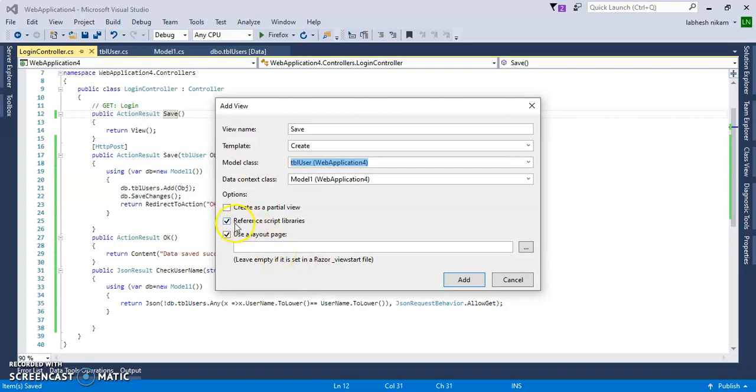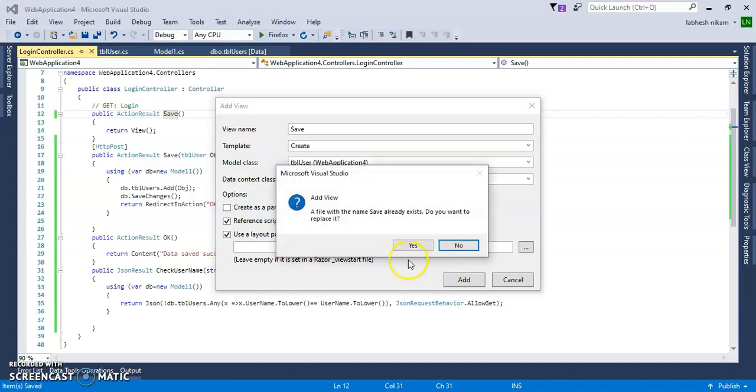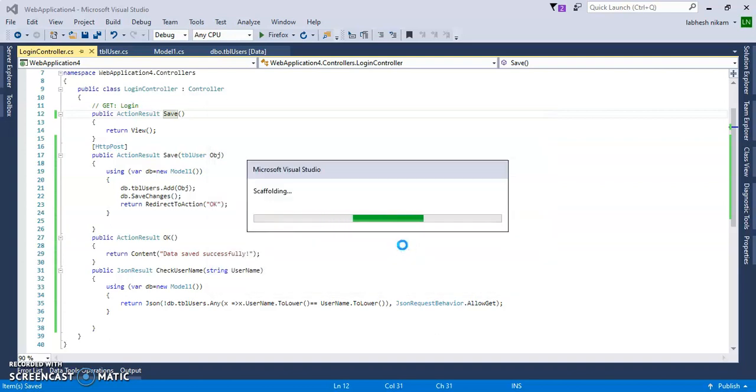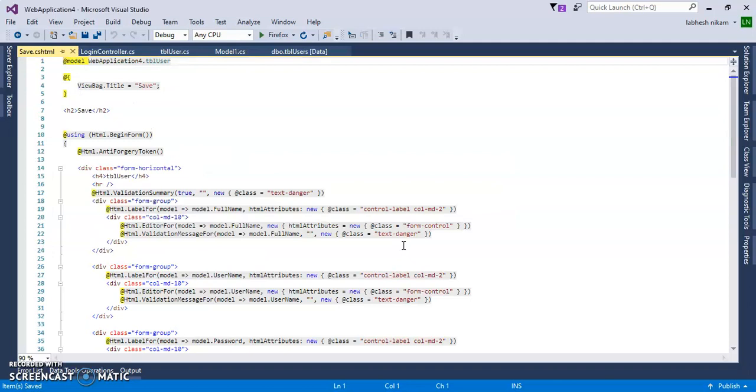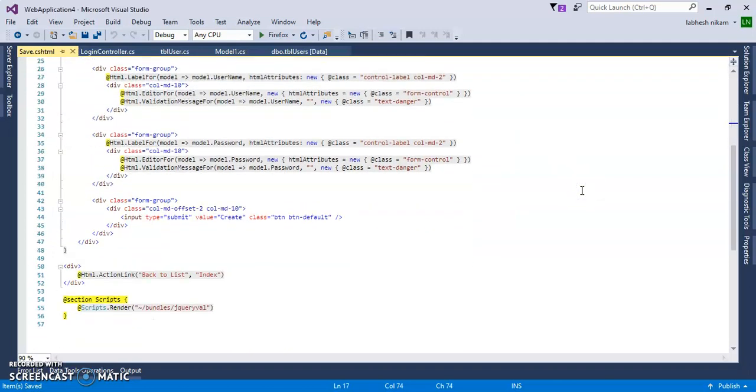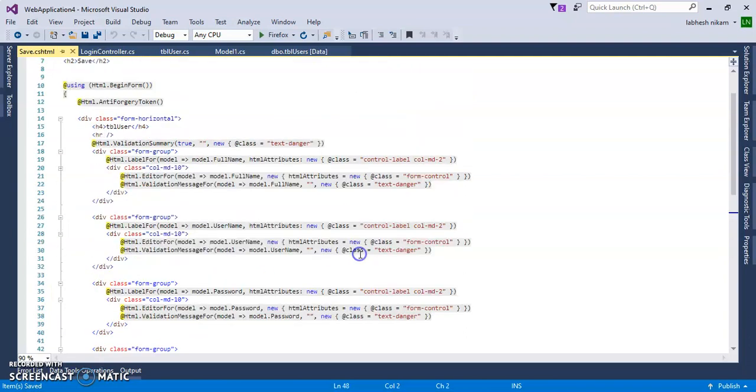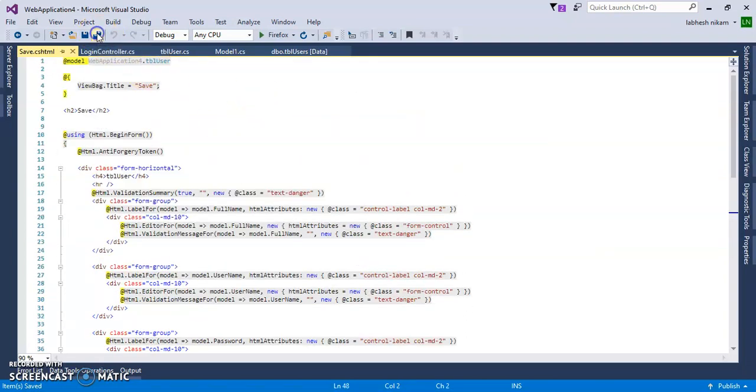So let's use this reference script. You can see here the JavaScript files are added using this bundle here. Now let's run the program and check.